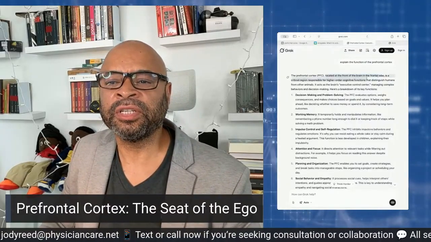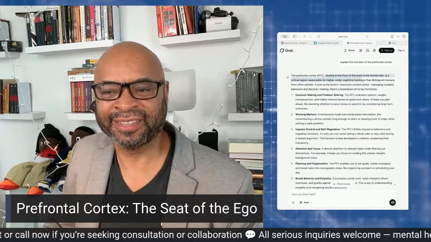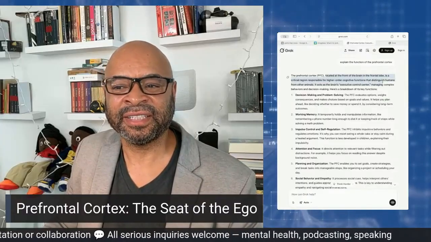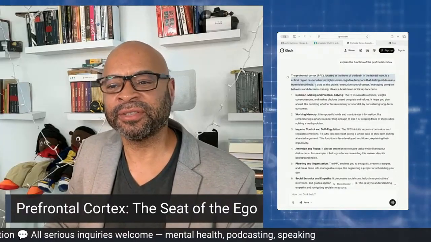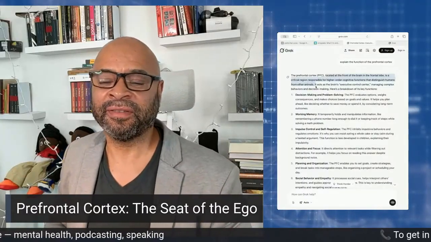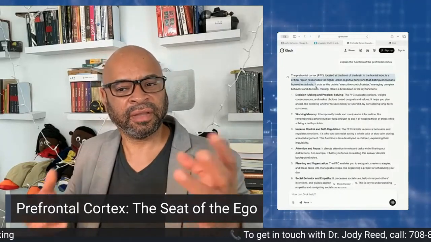Is a critical region responsible for higher order cognitive functioning. That's it. Higher order cognitive functions that distinguish humans from other animals. You know, it says it clear. It's very clear. The higher order cognitive functioning is to be able to take, remember the hippocampus gives you